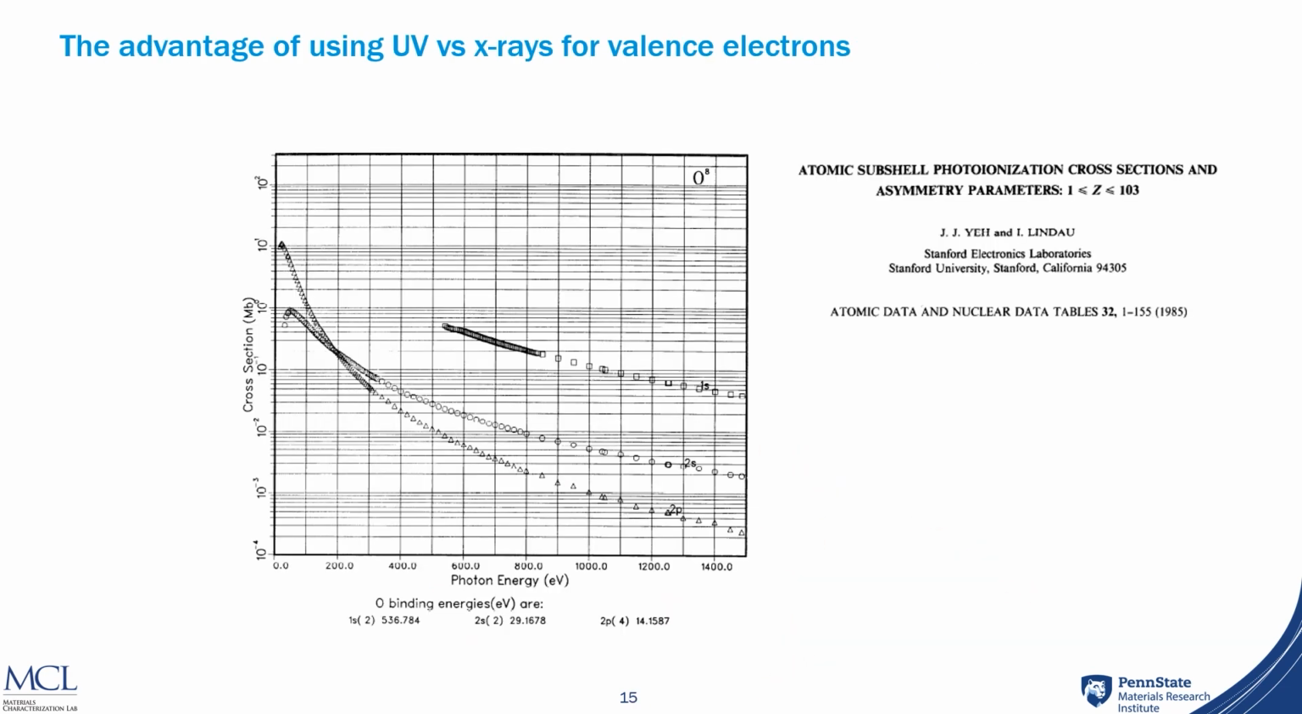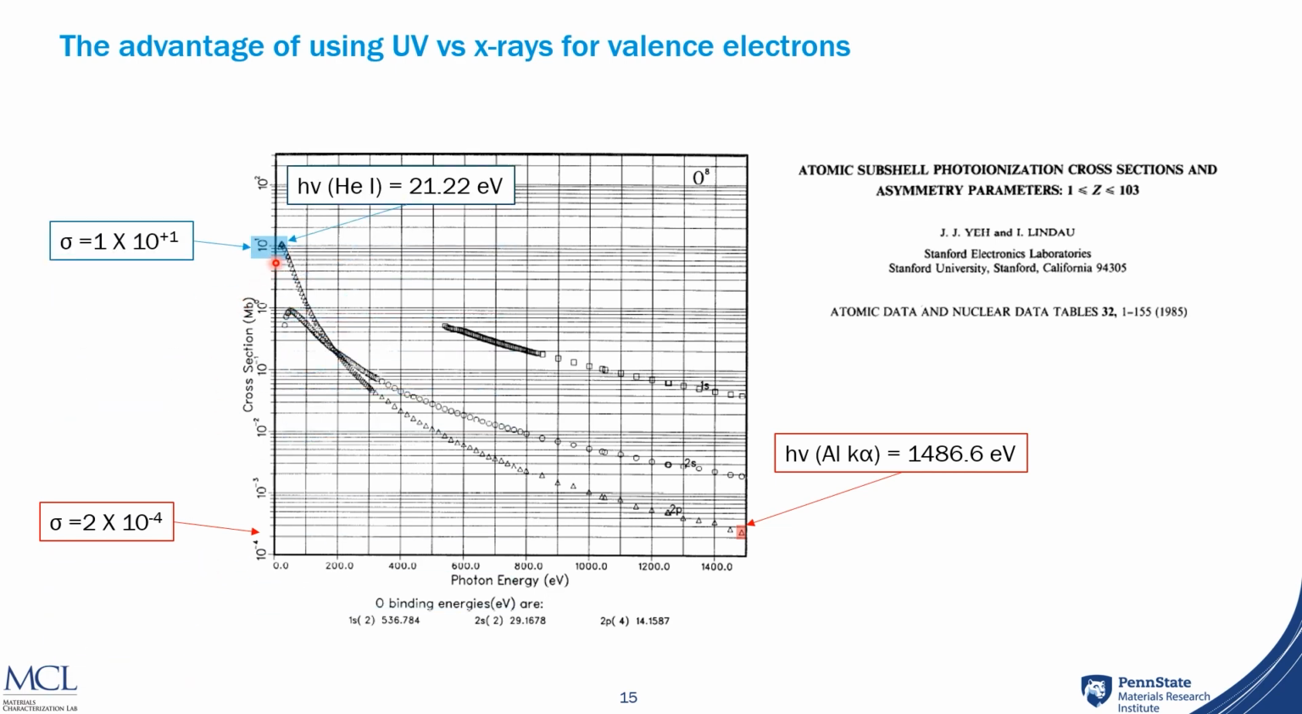And if we were to look at what the advantage is for using ultraviolet photons versus X-rays, we can see it from this plot here from a very old paper. And it's related to the probability of these electrons being generated, which is something called the photoionization cross-section, which is plotted on the left axis here. So if we look at the energy of our X-ray, the aluminum X-ray that we use in XPS, it has about 1,487 electron volts of energy. And for a given valence electron, like an oxygen 2p here, we can see a given cross-section, 2 times 10 to the minus 4. If we look at that same electron using